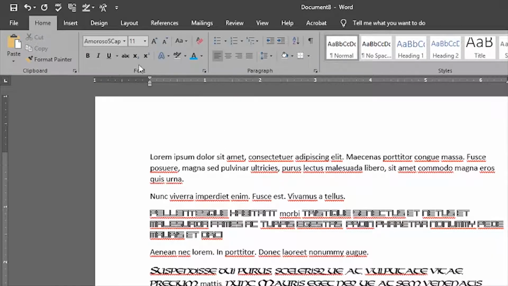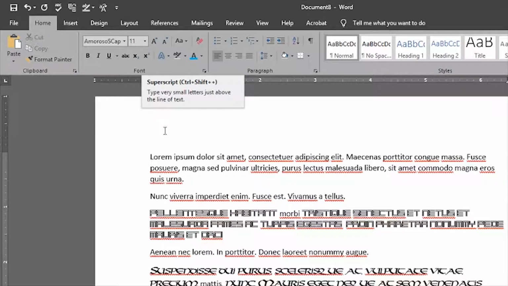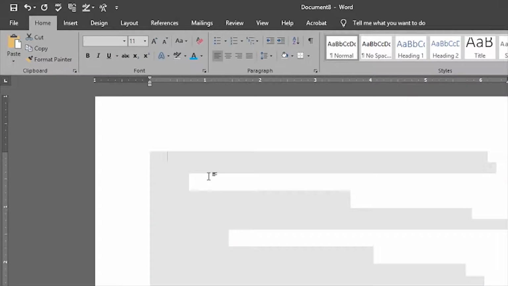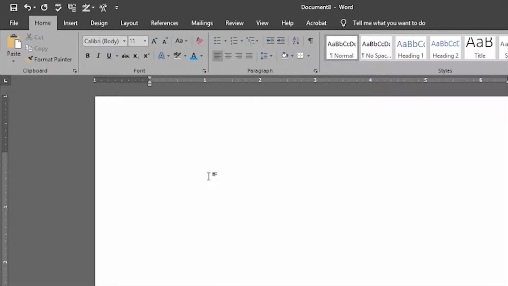Now the next one here, you have the subscript and then the superscript. So again, it just depends on what you're doing. I know some teachers may use it. Say if you're playing, here, let's hit Control A, hit delete, get rid of all of that. If I go